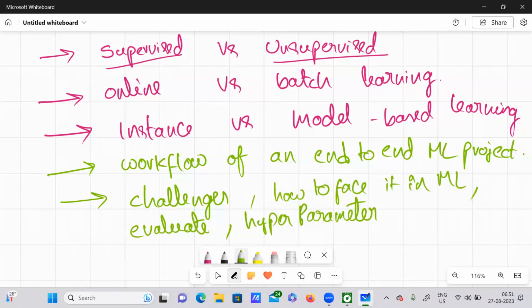Whenever I say hyperparameter tuning, this is nothing but you have a model. Okay, this is your model, and you have got some accuracy, maybe 75%. Let's imagine you have got a model accuracy of 75% for your model. Maybe you're running, just imagine, maybe a random forest or something. Okay, you have got some 75% accuracy.